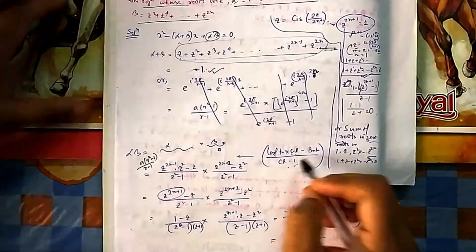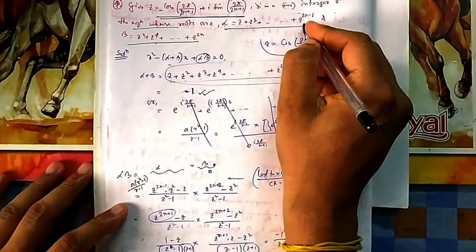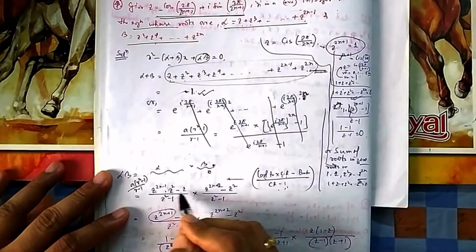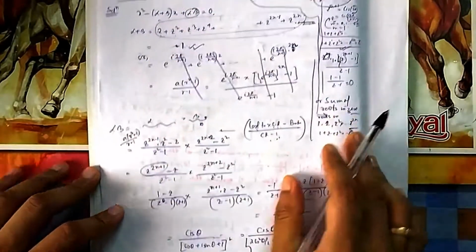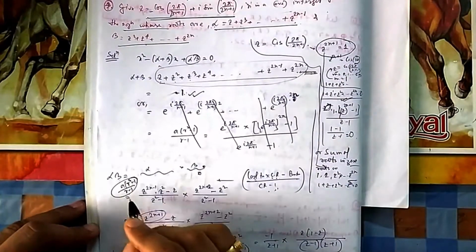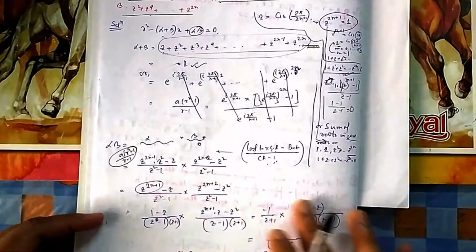No need to think of R and everything because you know the last term. You know the first term, so last term into CR minus first term, divided by this one. In the second one also, I have applied this one, but you can apply the GP sum formula. It will come the same as this.